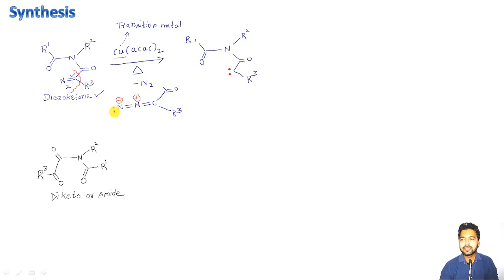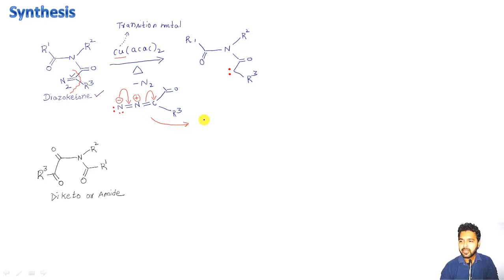So now what happens is it is having 2 lone pairs of electrons, I mean like this. Okay, so now what happens is I'm giving you a rough idea. I'm not going into the mechanistic details of this step. These electrons shift here in between the nitrogen and the nitrogen atom, because the driving force is it will result in the formation of a very strong triple bond in between the nitrogen atoms, right? And these electrons will shift like this to the carbon atom.